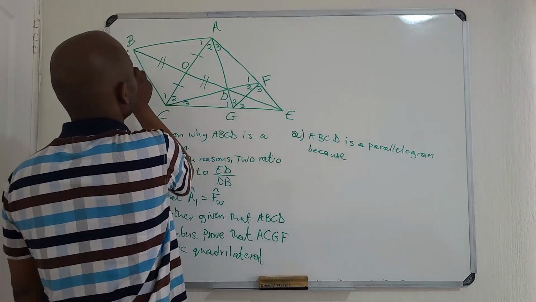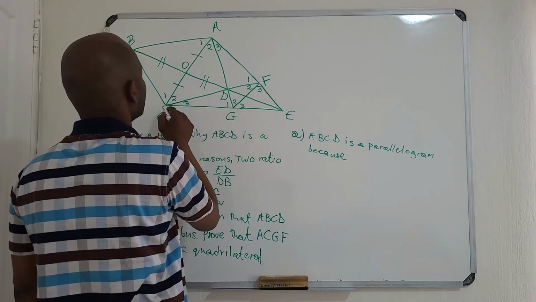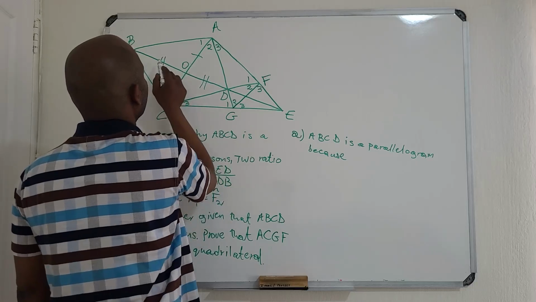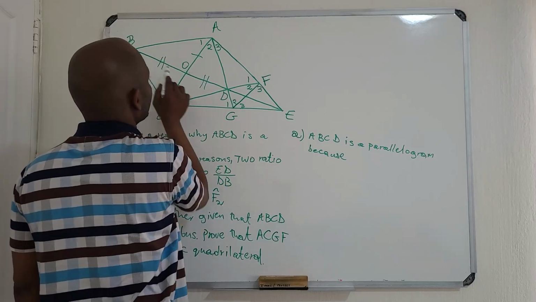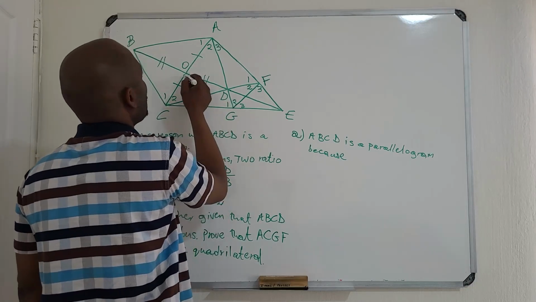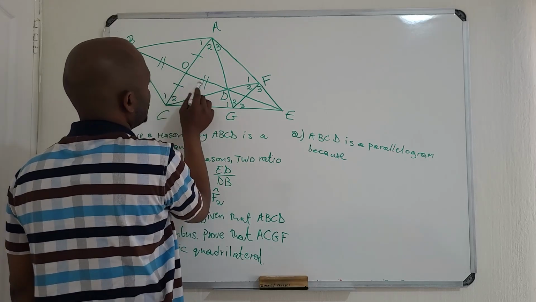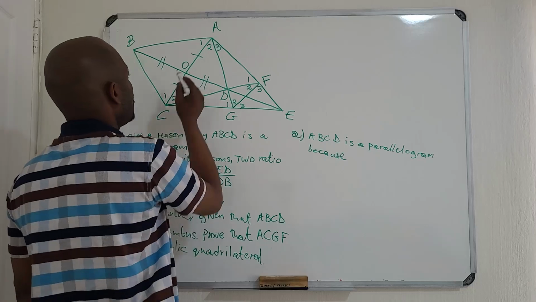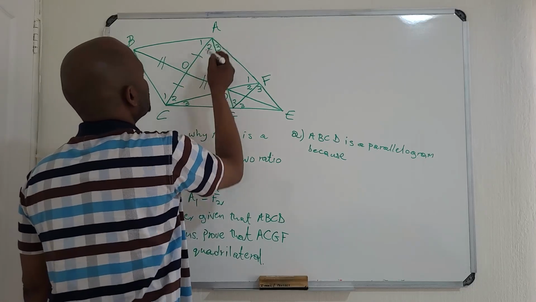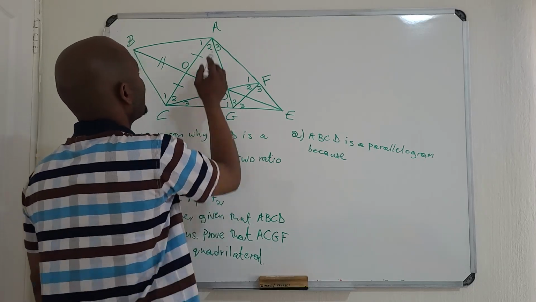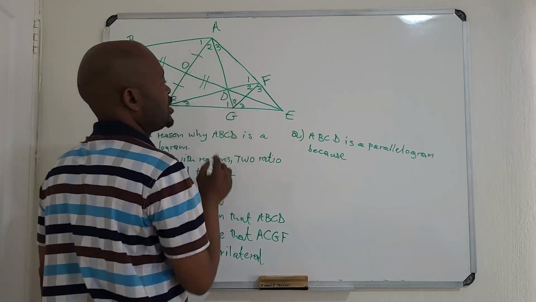You can see that AC is bisected, therefore OA is equal to OC, and OB is equal to OD. Also, OC is equal to OA. Therefore, this is a parallelogram because